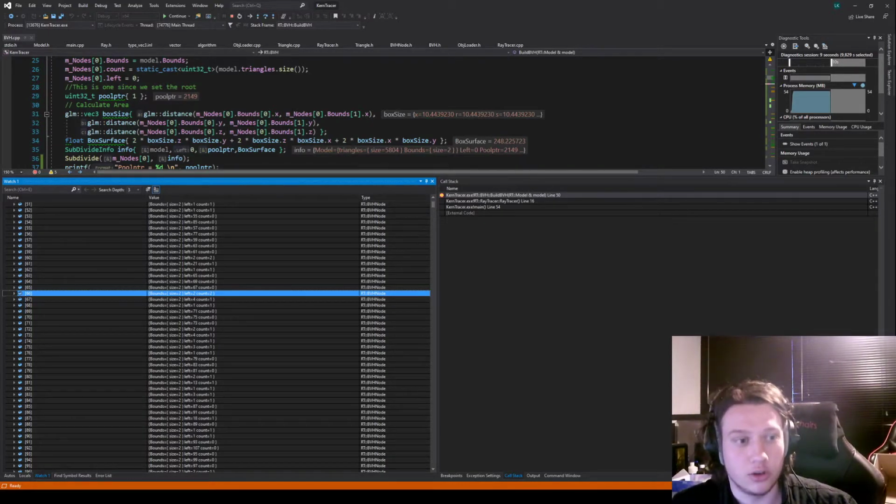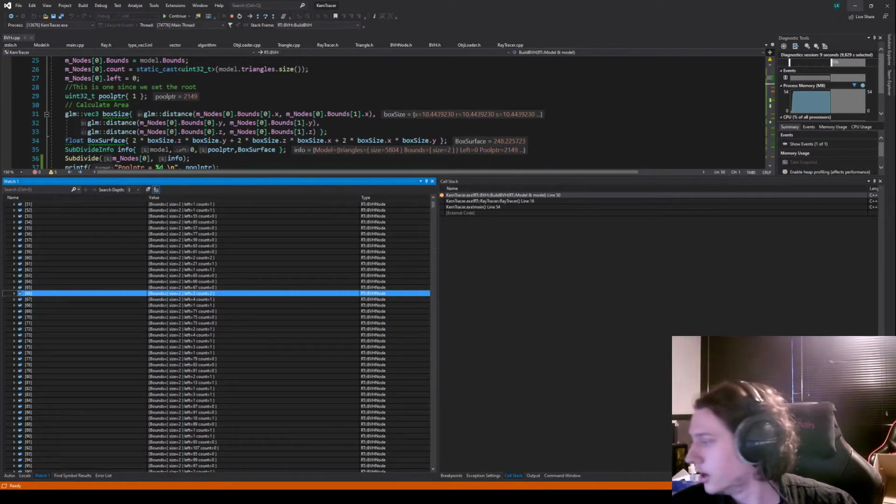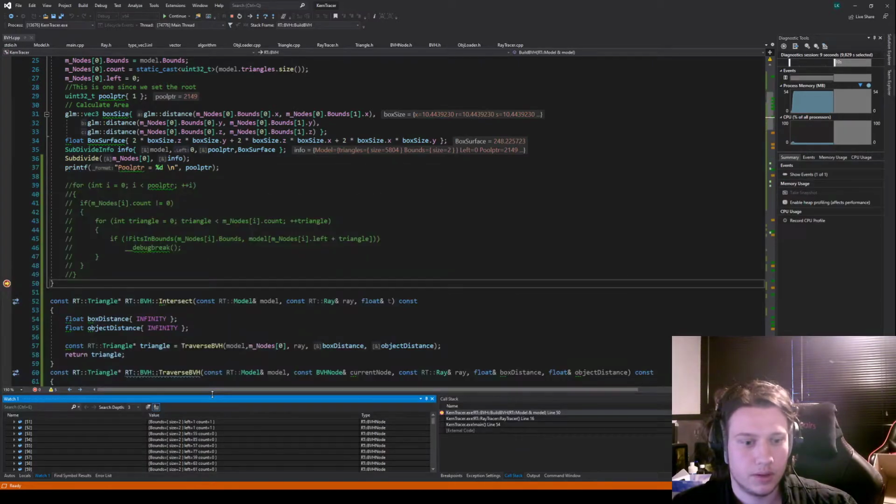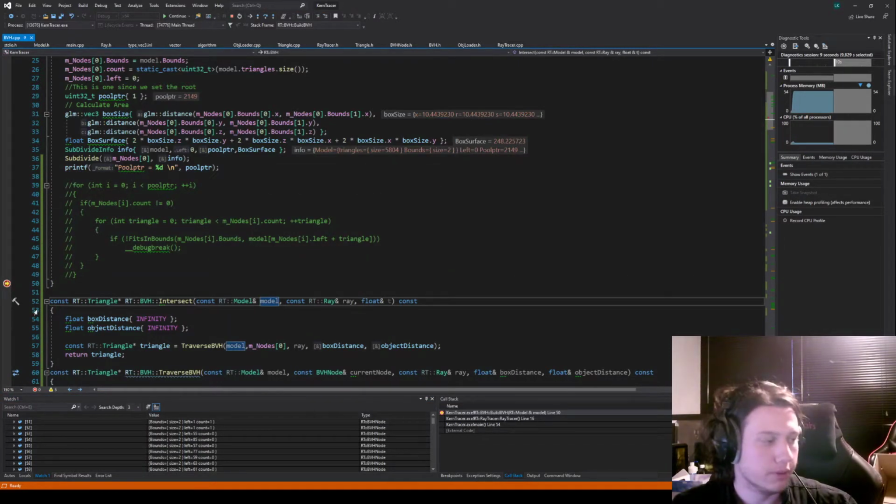But it's really hard to debug because it's just numbers. And I don't have a method of really visualizing the BVH either. What would be nice though, but